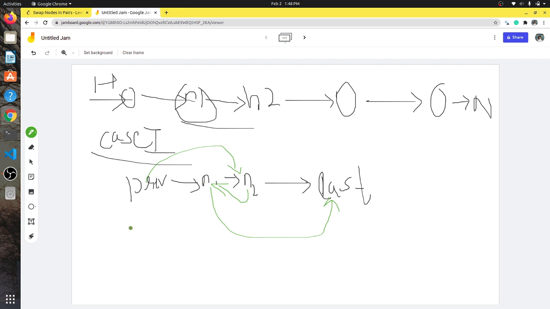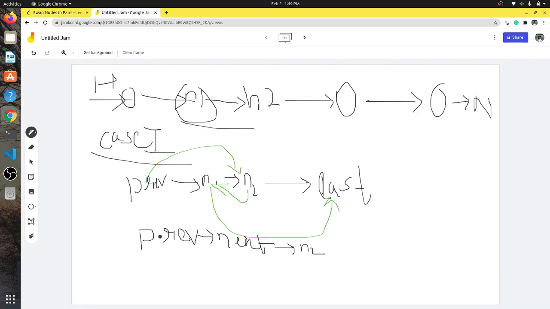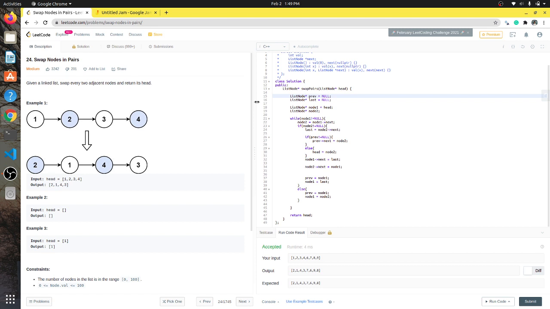So let's start. If we have to swap n2 and n1, then let's make previous next equal to n2. We have done this here: previous next equal to node 2.